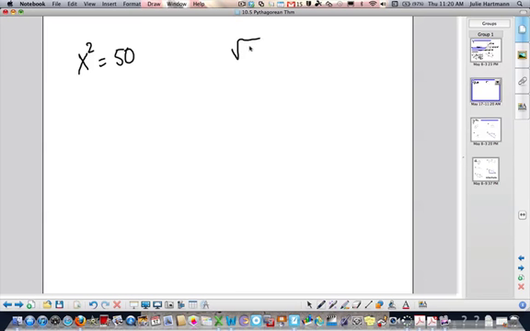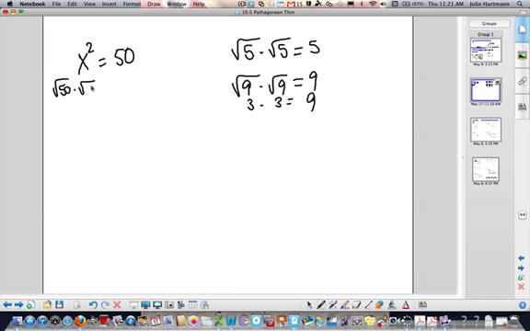In class, we talked about when you have root 5 times root 5, that equals 5. Or another example, root 9 times root 9: the square root of 9 is 3, the square root of 9 is 3, 3 times 3 is 9. So root 9 times root 9 is 9. So when we have something squared equals 50, that could be root 50 times root 50 is going to equal 50. Now, if we look at it, x squared equals 50, you can solve that by taking the square root, because a square root and a squared are inverse operations. So if you do the square root of x squared, we know that equals x. The square root of 50,